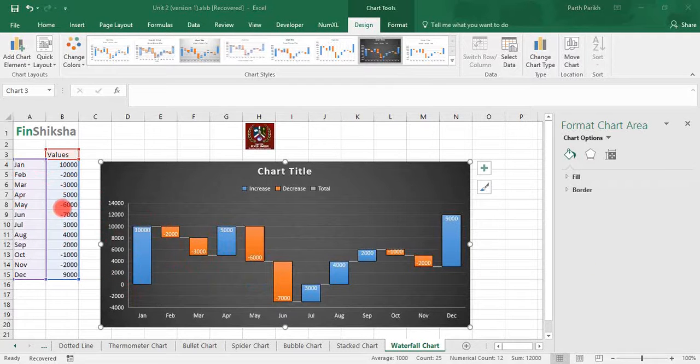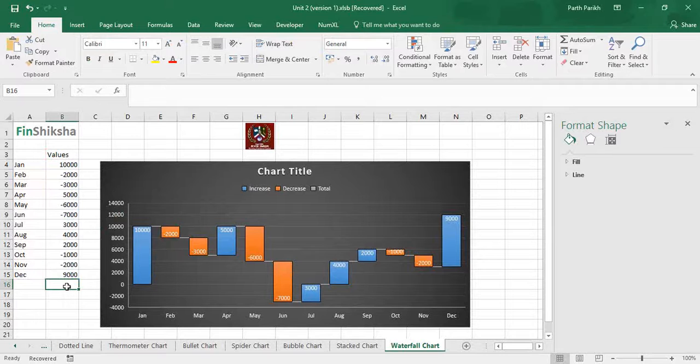Then there was a fall for 2 months, which is minus 6,000, minus 7,000. So 13,000 minus. So from 10,000, 13,000 minus is minus 3,000, which shows me here minus 6,000 and minus 3,000. Then there was an increase of 9,000, which is 3,000, 4,000 and 2,000. So I reached a level of 6,000 again. Then there was a fall of minus 3,000 in 2 months, minus 1,000, minus 2,000. So I reached a level of 3,000. And then in December, there is again a jump of 9,000. So finally, I was at the level of 12,000.